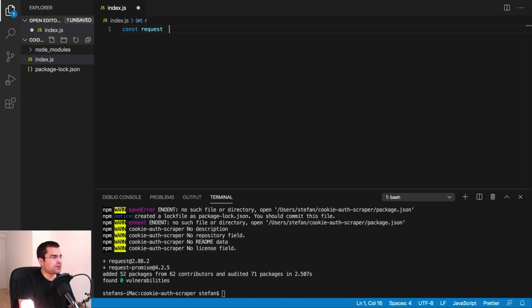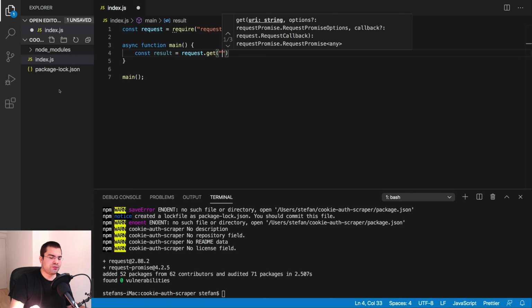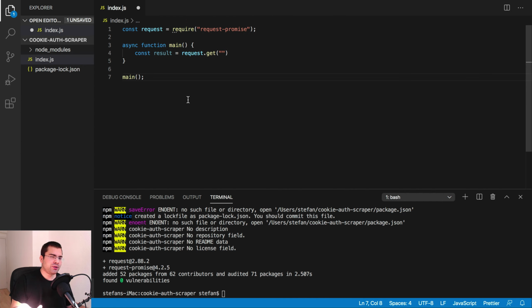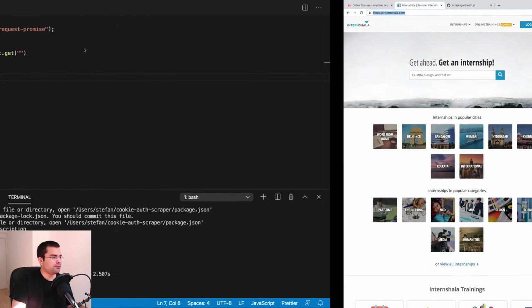So const request equals require request-promise, and let's make an async function. Let's call it main, and let's call main down here at the bottom. So here we can say const result equals request.get, and we need to get the front page in order to get our cookies set inside of request so that we can do the login request. Because remember, if we don't have the cookies set, the login is going to say 403 forbidden. So let's go and say the site was called internshala.com,